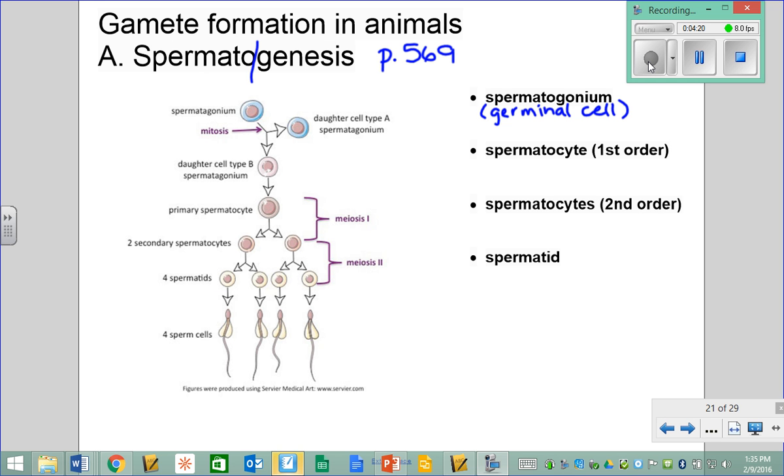Now I'm going to mention something about when this happens in a person's life because it's different between a male and a female. Spermatogonia, which is the plural of spermatogonium, are present in the embryo and at birth. And they are what a male has until puberty arrives and something else is going to happen. So in the embryo and at birth, until we get to puberty, spermatogonia is the type of cell that exists.